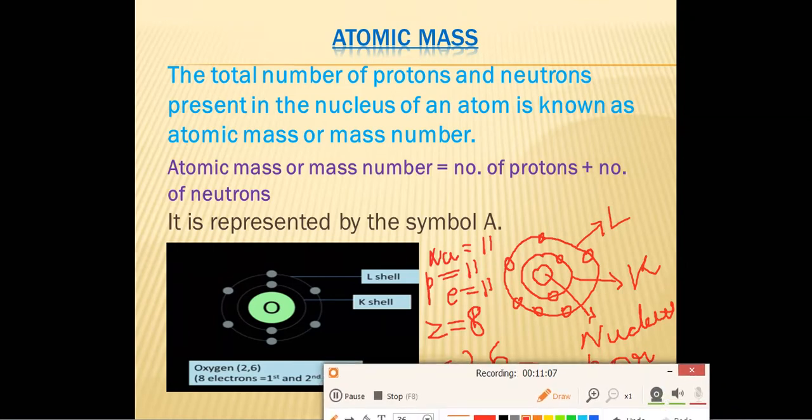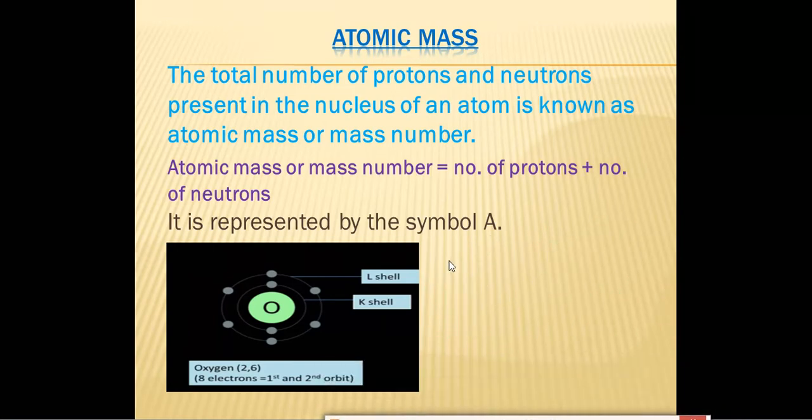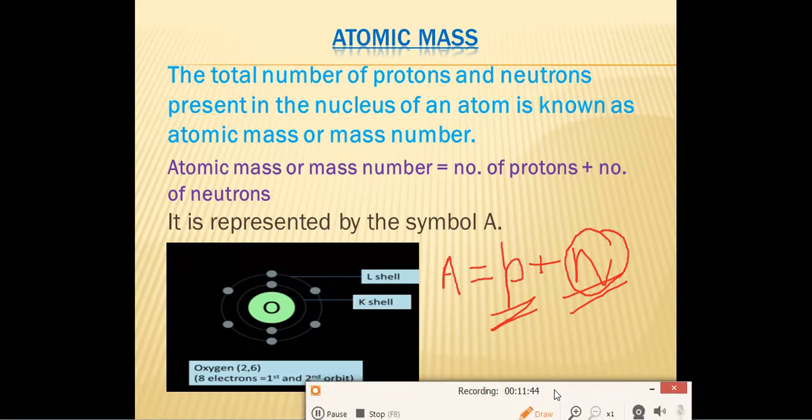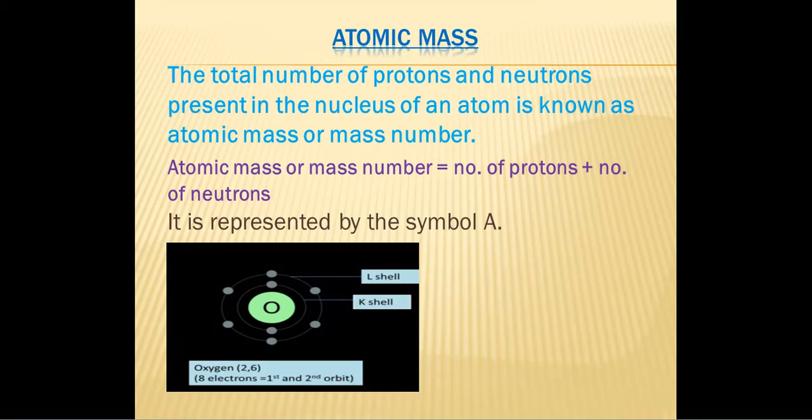Now the question comes about the mass number, that is A. Mass number A is equal to the number of protons plus the number of neutrons. Means for calculating the mass number, you should know the number of protons and the number of neutrons. If in the question the number of protons or electrons and the number of neutrons are given, then you can easily calculate the mass number. But if the number of neutrons is not given, then how will you calculate the mass number? That trick we'll learn in this tutorial: how to calculate the mass number or atomic mass of the first 20 elements of the periodic table. So now let's move to our tutorial.